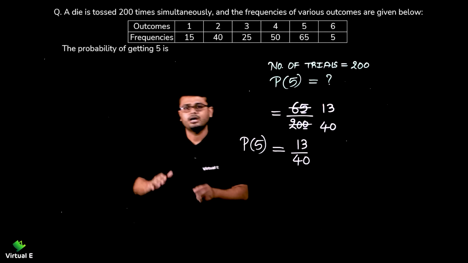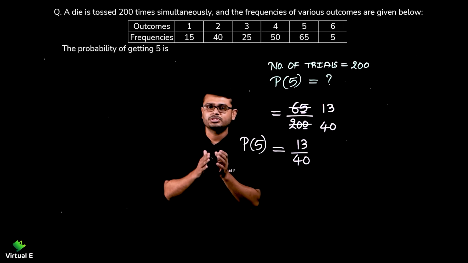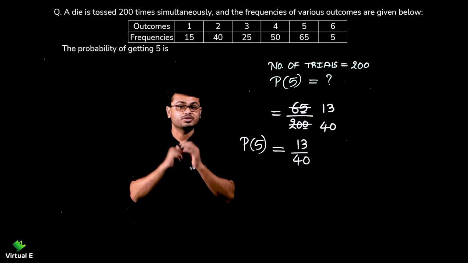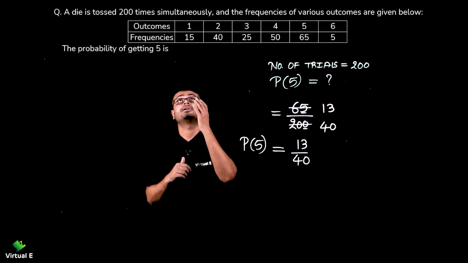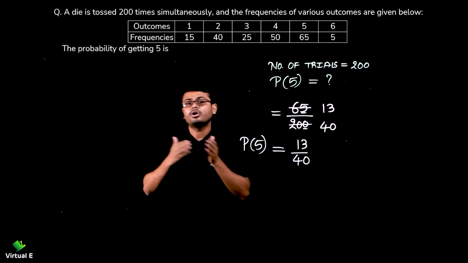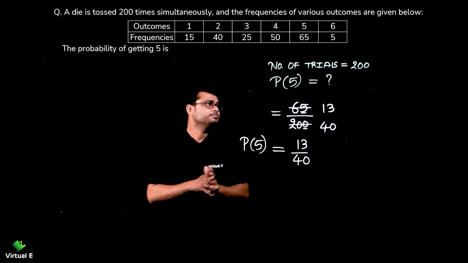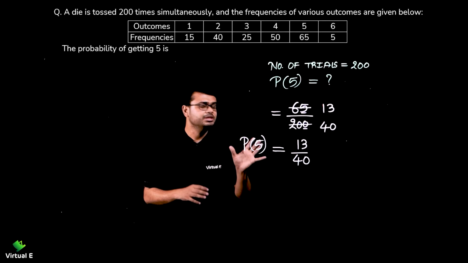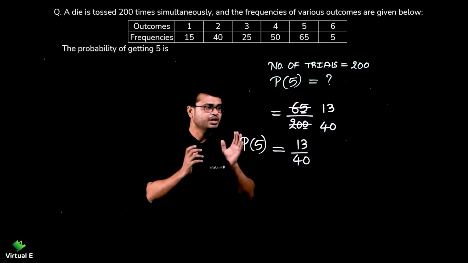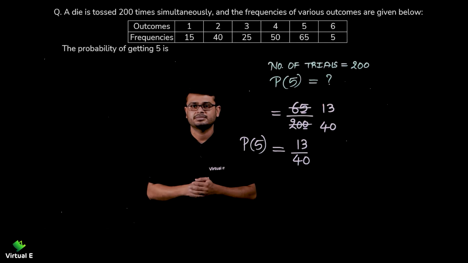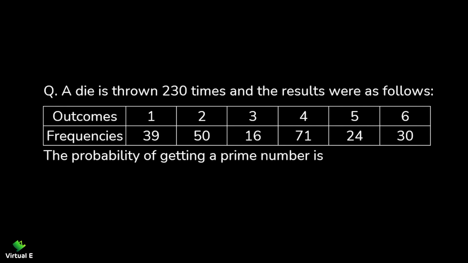Very simple. Now it is possible that other questions can also be framed based on this as well. Probability of getting 1 or 2 or 3 or 4 or 5 or 6, any of the numbers, right? So this is the most basic question for the case of die. Now let's discuss a few other questions. Let's discuss one more question.